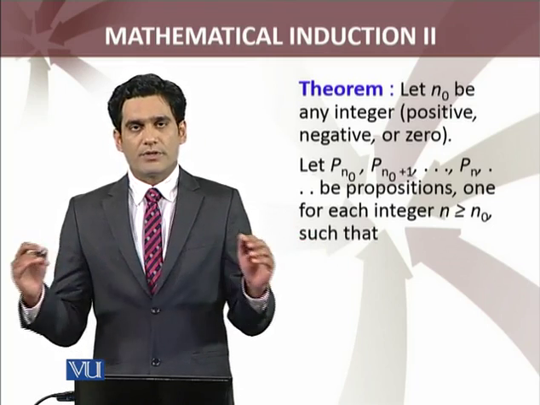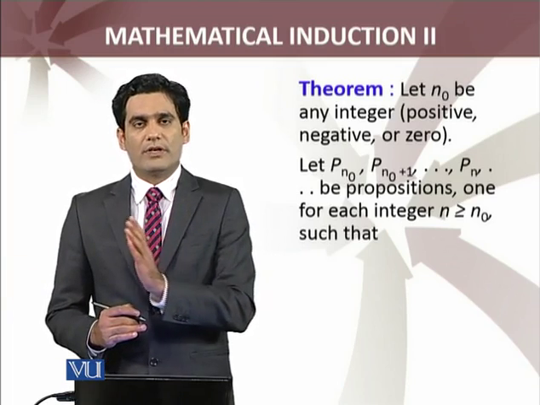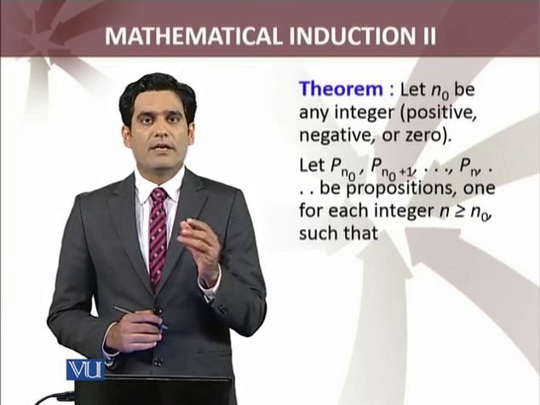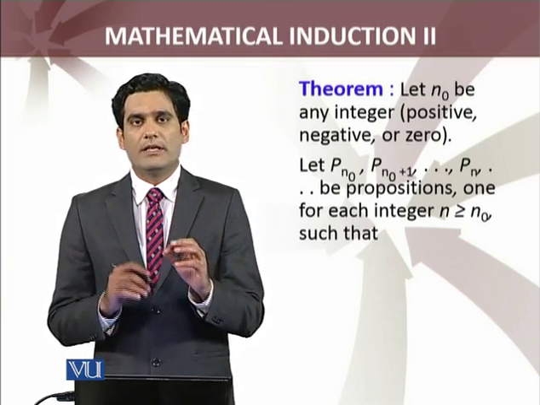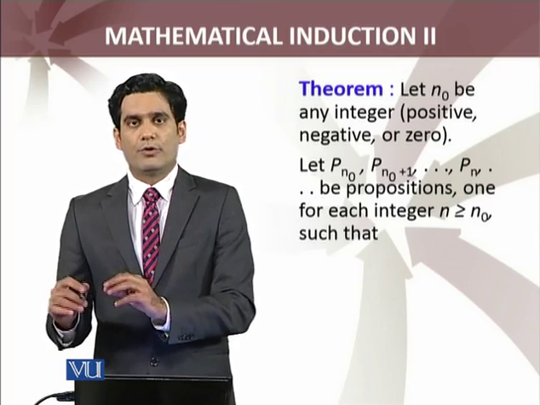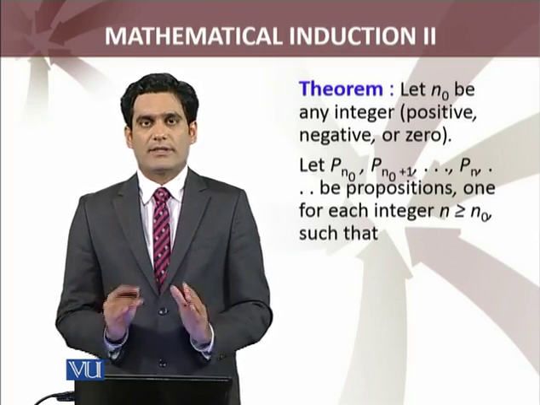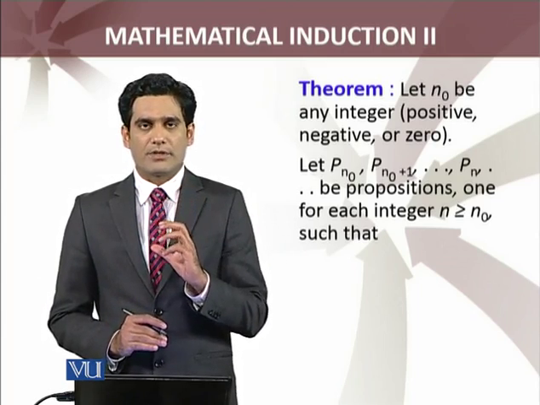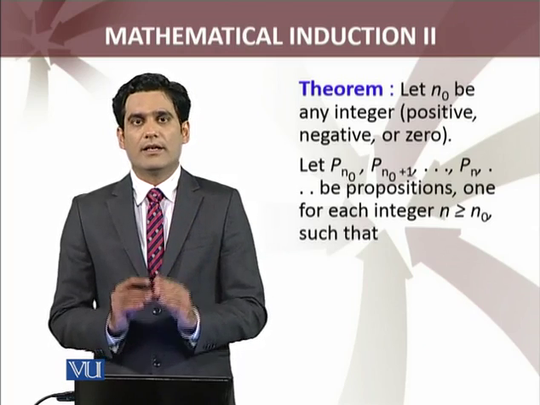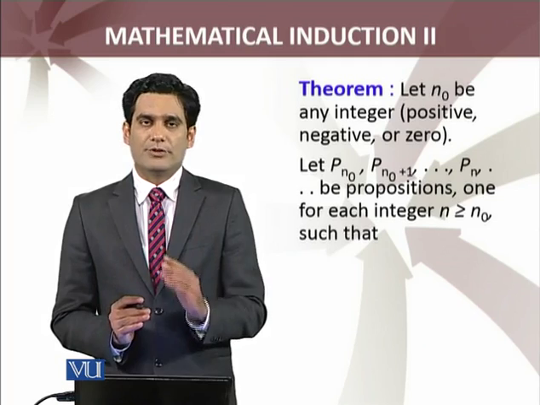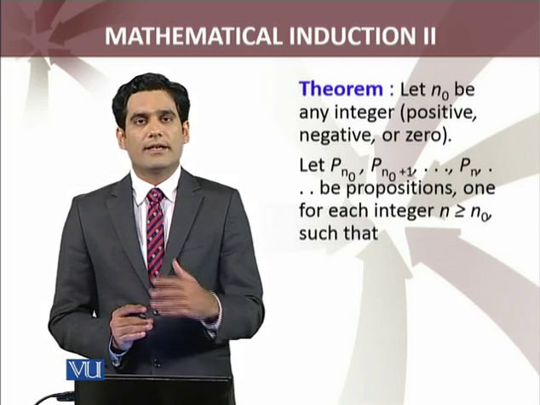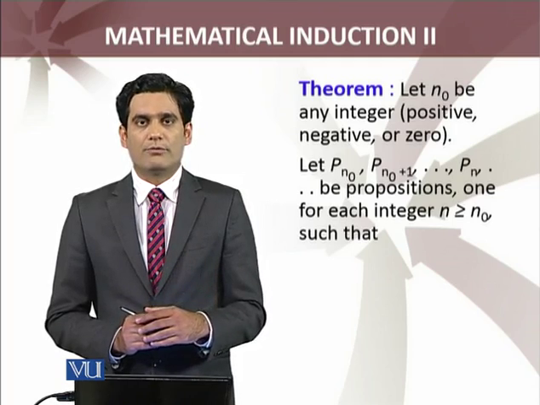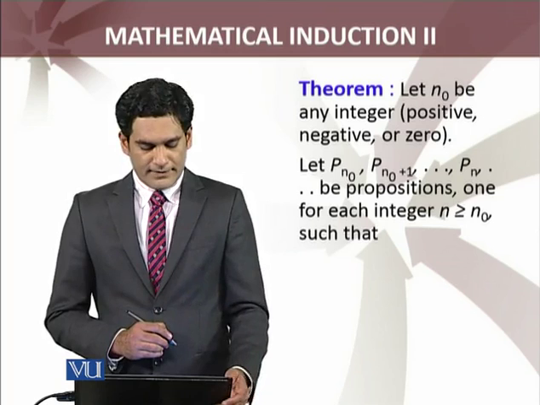So these are the propositions for all the integers from n naught onwards. For example, if n naught equals -5, then P -5, P -4, P -3, and so on and so forth will continue in this way. For all the integers after that, we have the propositions. The set of propositions was already infinite even in the case of natural numbers, but we have now included that propositions can be stated for the negatives of the natural numbers as well. Then